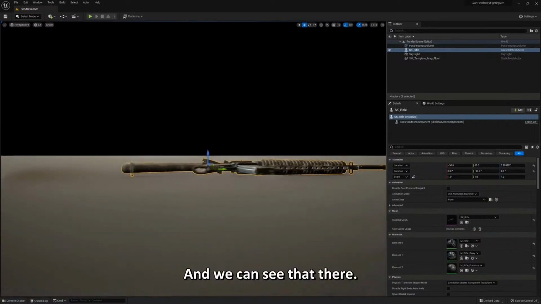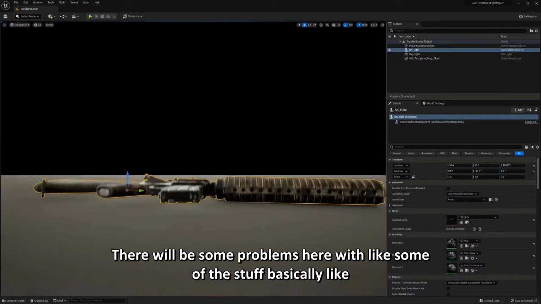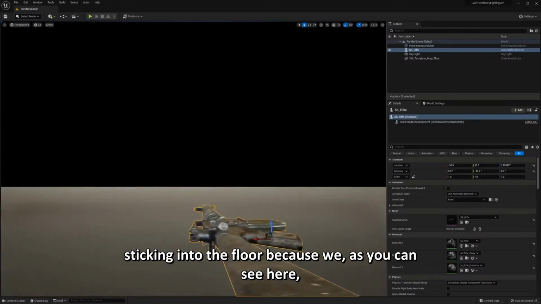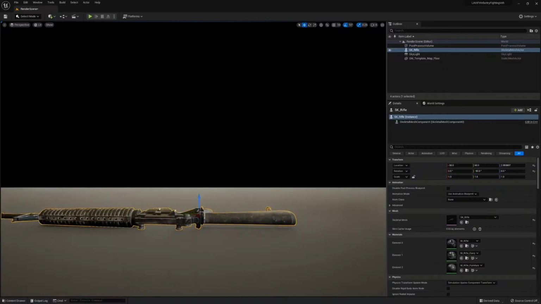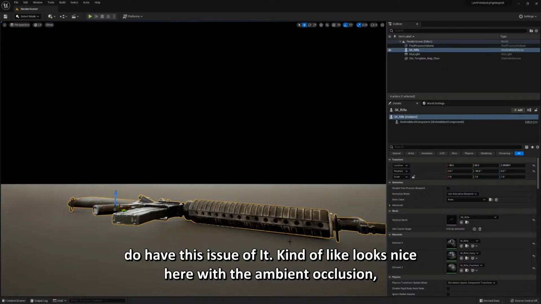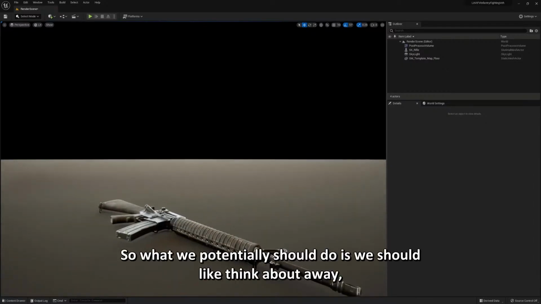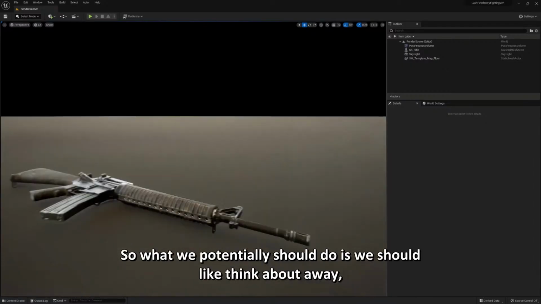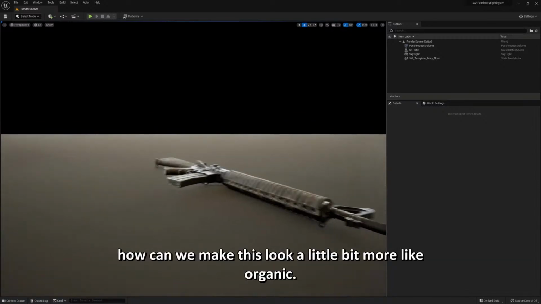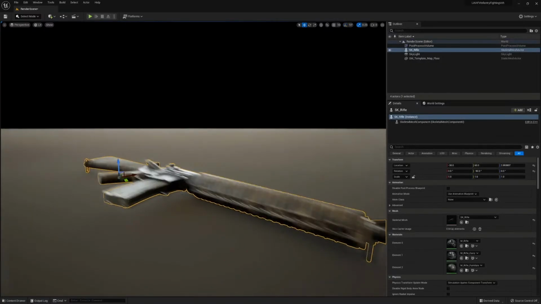And we can see that there will be some problems here with some of the stuff sticking into the floor because, as you can see here, it looks nice with the ambient occlusion, but you can also see that it doesn't really hit here. So what we should potentially do is think about a way. How can we make this look a little bit more organic? And one thing that I want to try is